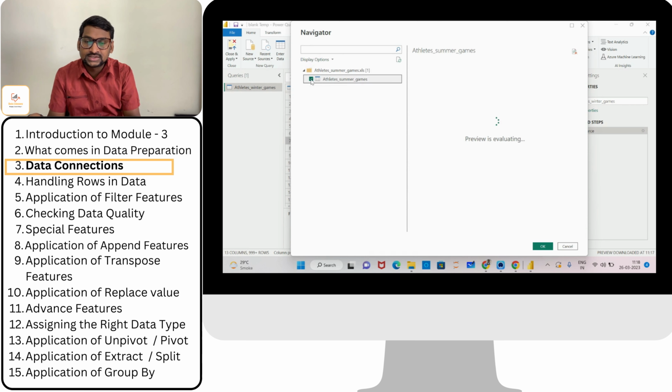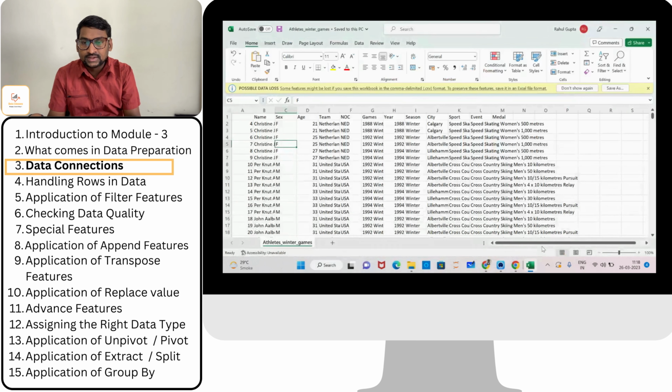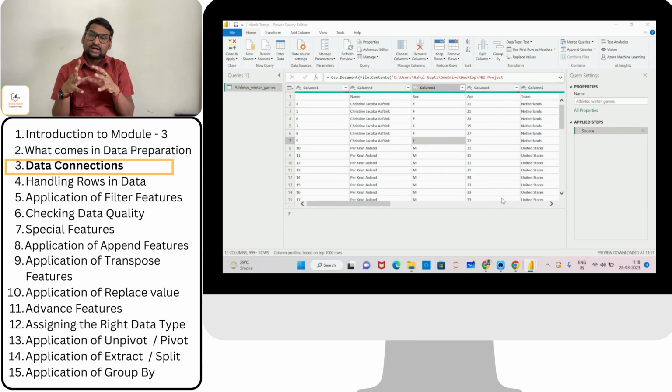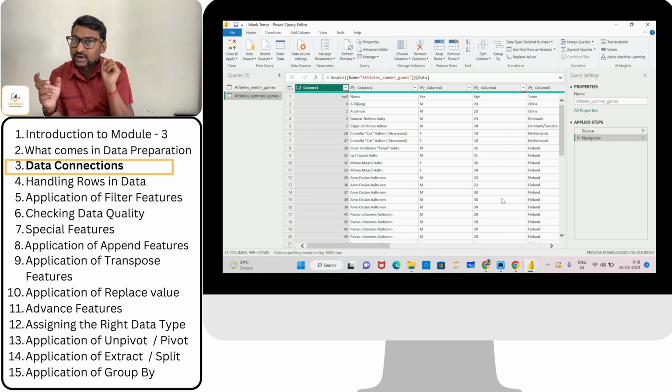Now when I have selected the sheet, it will give me the preview, and when I click OK, see, when I extracted data from Power BI, it asked me to directly load or transform. When I am in the Power Query Editor itself, it has not asked me to load or transform. It has just given me the option of OK, right? So by default, it will come to the Power Query Editor only. If you see the formula bar,